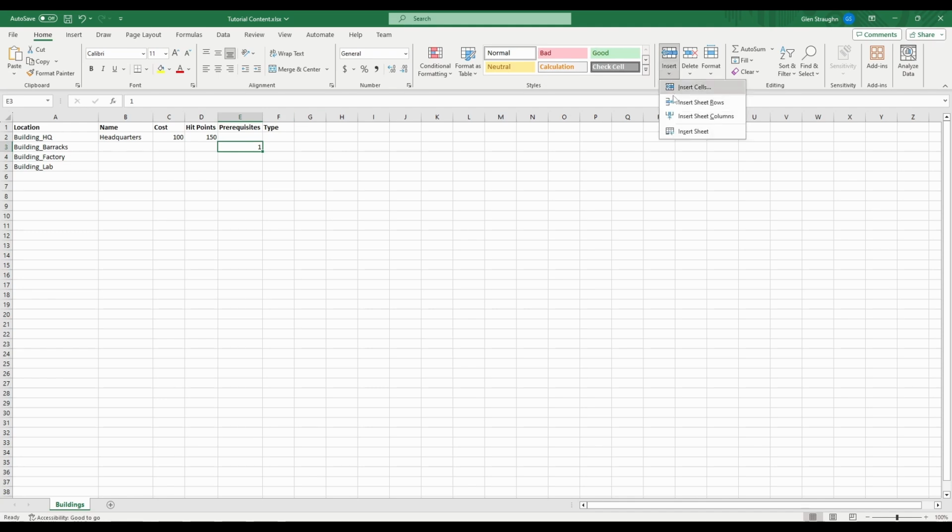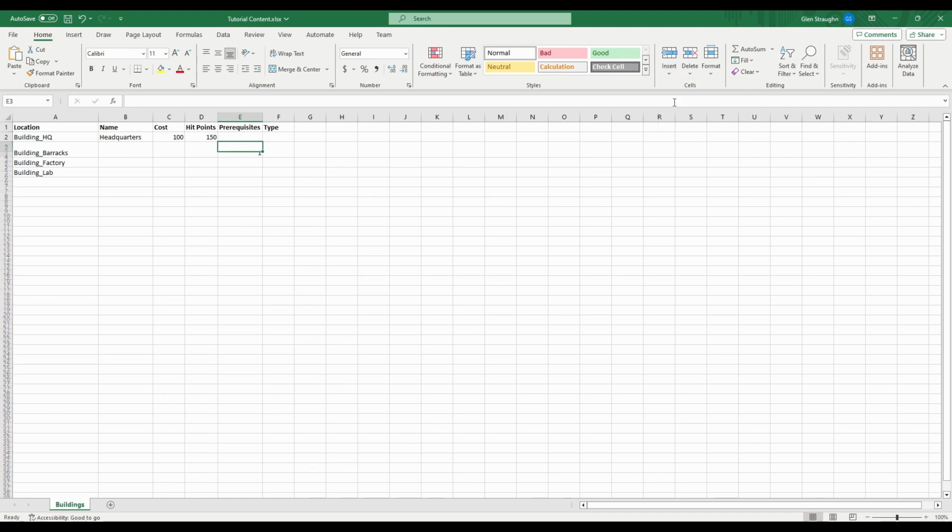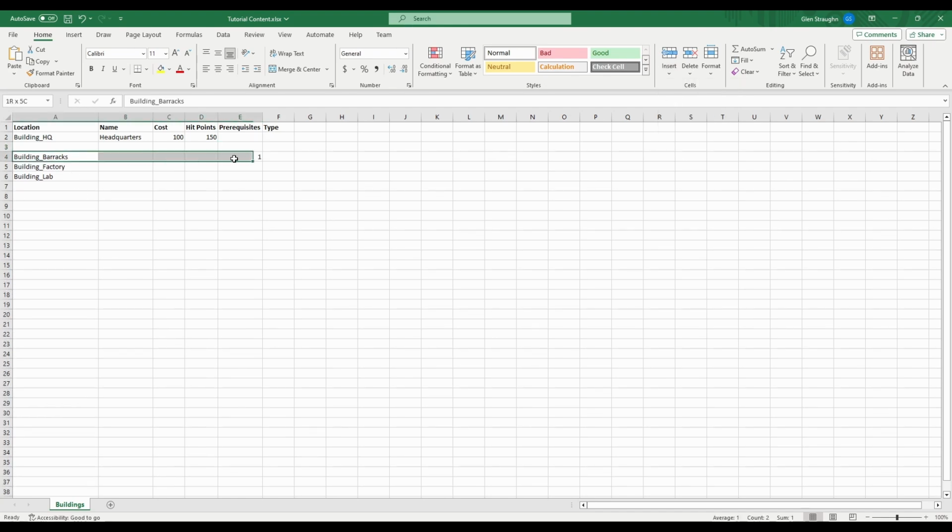And I'm going to insert a row, and I'm going to move that up there. Alright, and so every cell below the size cell that you put at the top of your array is going to contain the contents of the array. So in this case, we only have one cell to worry about. But this cell is going to be, let's say,